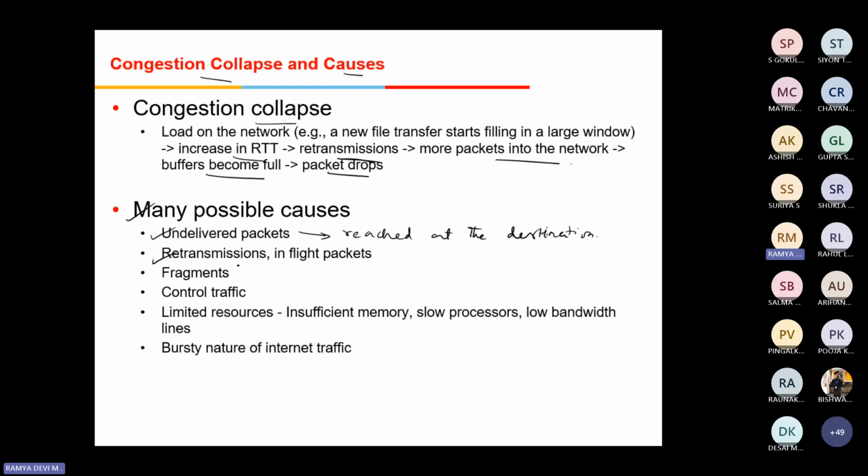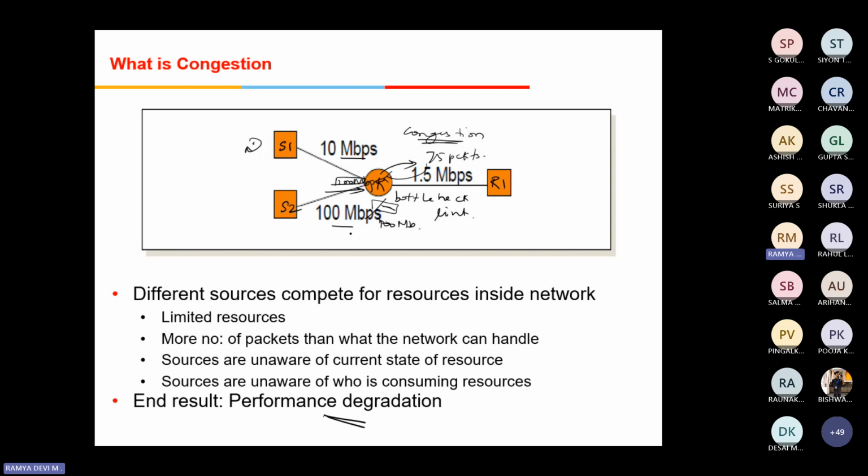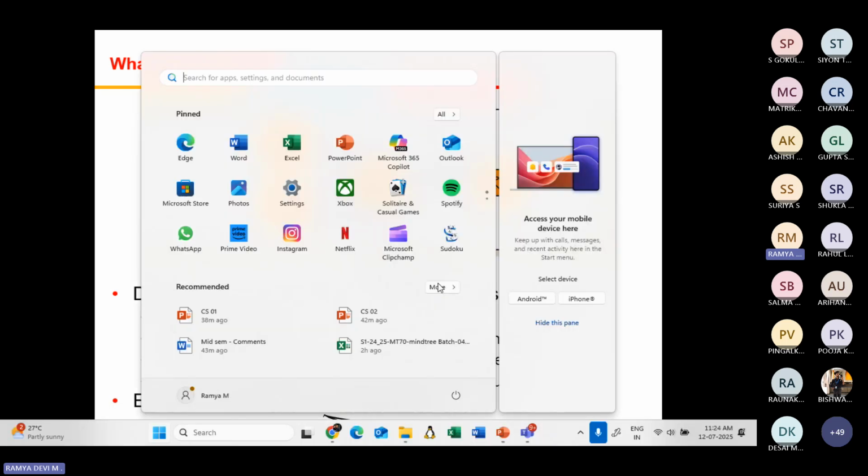Retransmissions of in-flight packets, definitely. The next stage is fragmentation. So the large packet, if it is getting fragmented, the rest of the parts have to be placed inside the buffer. That's what I have explained in the previous slide. So 100 MB of data has been sent. Could the router store 100 MB of data, right? So it will be fragmenting into multiple packets. How many packets does it have to be fragmented into?